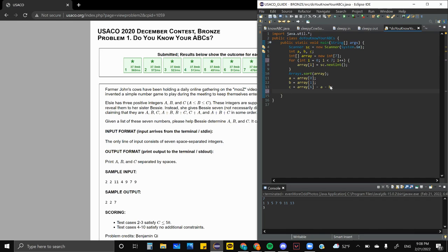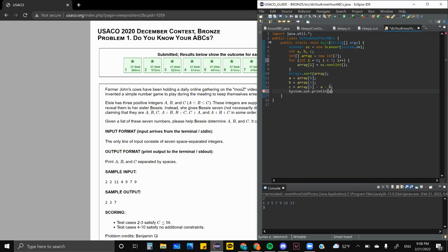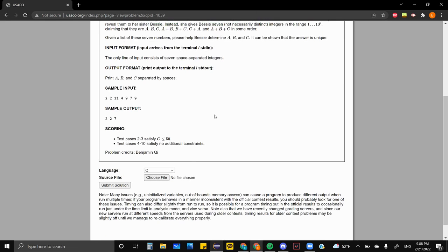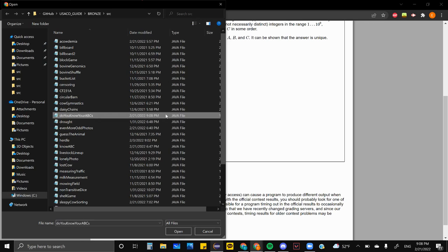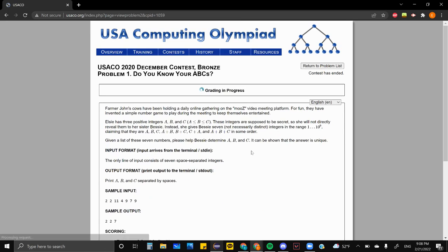And that's basically it. We have the value of A, B, and C, and now all we need to do is print this out, separated by spaces, of course. And when we try this code, and submit our solution,